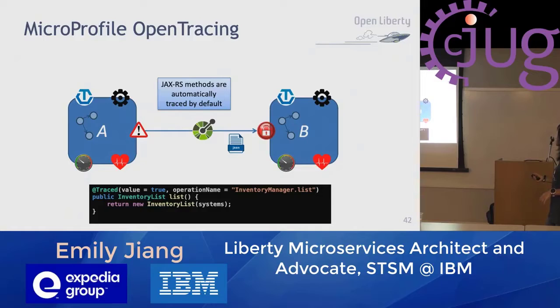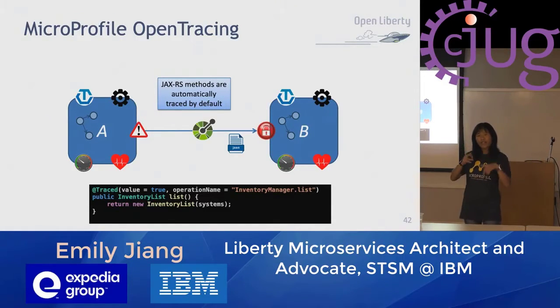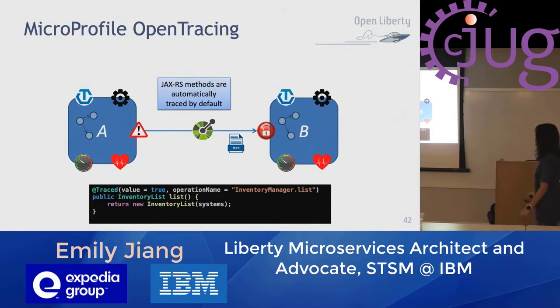That's why MicroProfile Open Tracing comes in to help you. Basically, it establishes a thread for you. It propagates a correlation ID. It's almost like passing a torch from A to B and B to C. And eventually you can trace that the torch went from A to Z. So other tools like Zipkin or Jaeger are able to draw a graph for you. So you can see that graph and find out, okay, F is slowing down, it didn't respond. So you can figure it out.